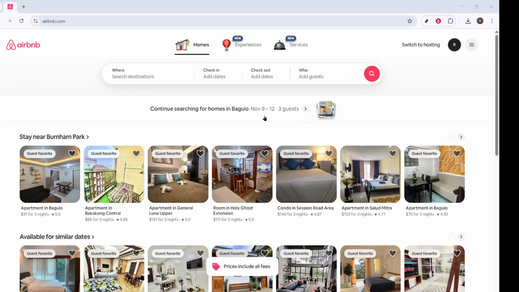In today's video, I'm going to teach you how to switch to hosting mode on the Airbnb app. This process is straightforward, and I'm here to guide you through each step, ensuring that you can make the transition smoothly and efficiently. Let's start by making sure you have the Airbnb app downloaded and installed on your smartphone or